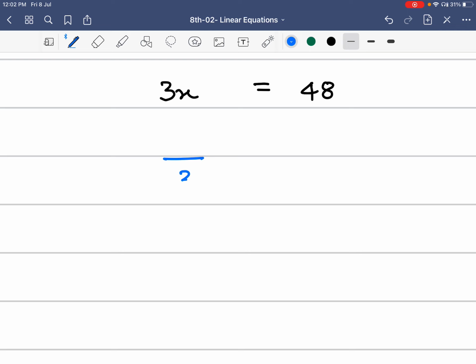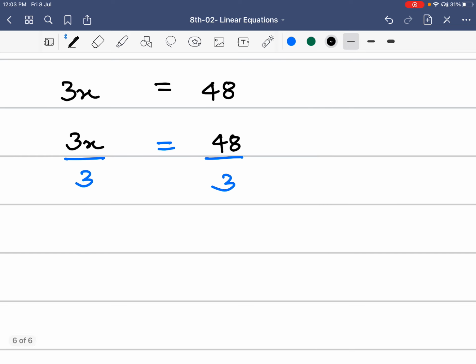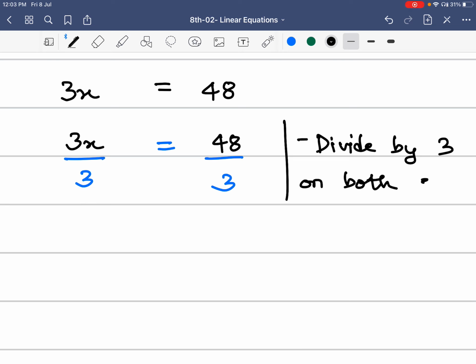So I'm going to divide by 3 on the left hand side, and to maintain the equality and the balance of the equation, we should also divide by 3 on the right hand side. This is my equal to operation, and the rest of the equation is as it is, 3x and 48. Okay, so you can even write here actually: what we are doing is divide by 3 on both the sides